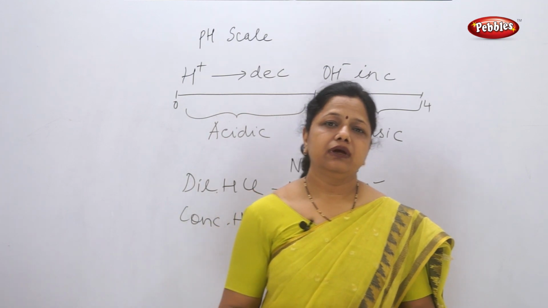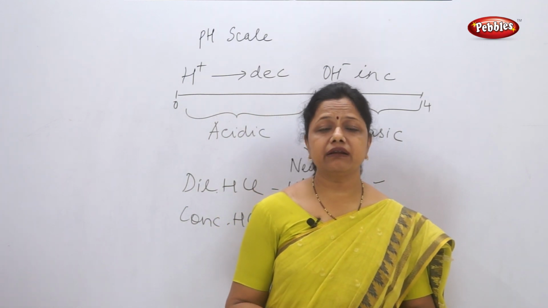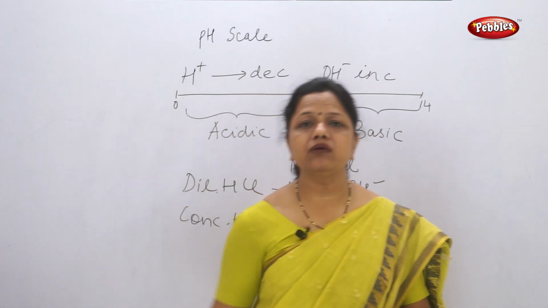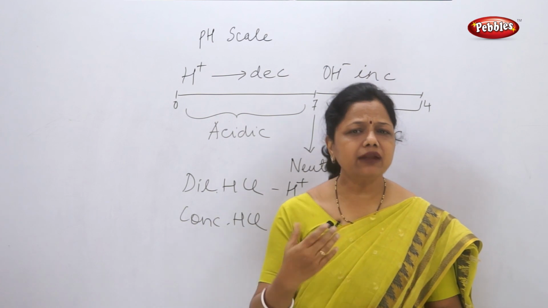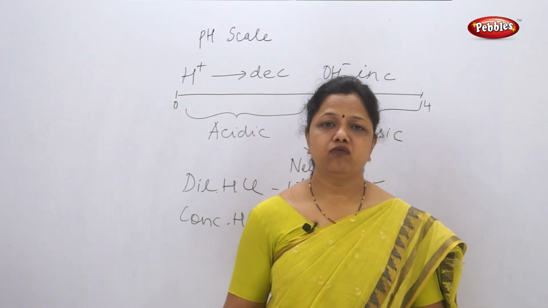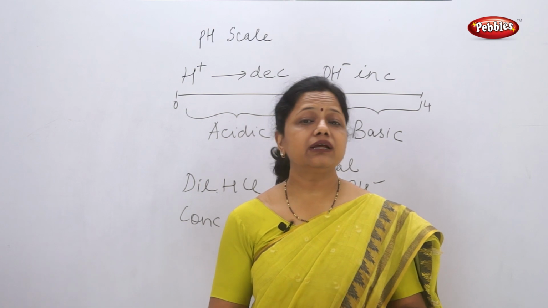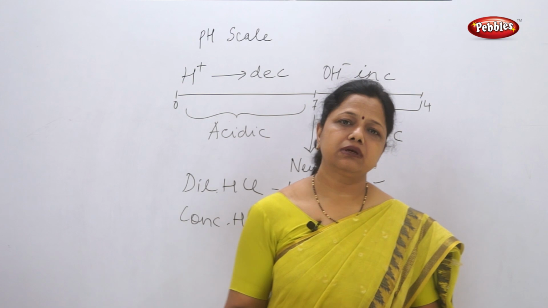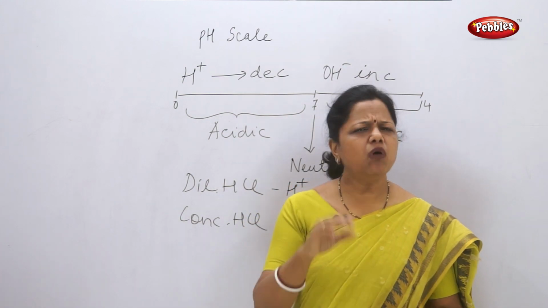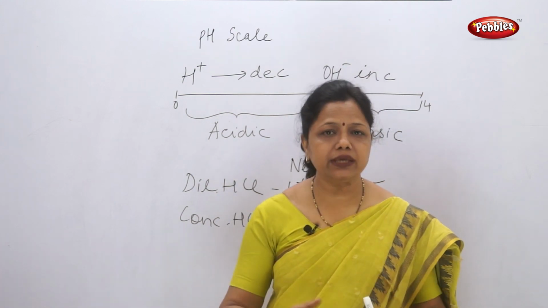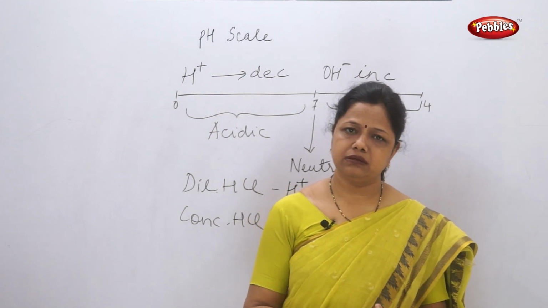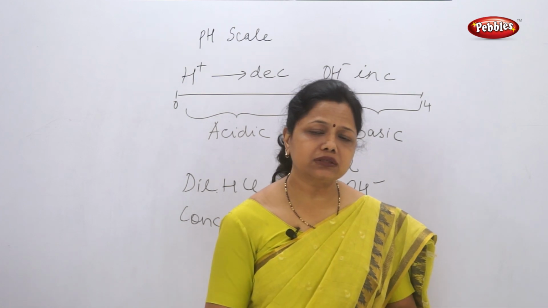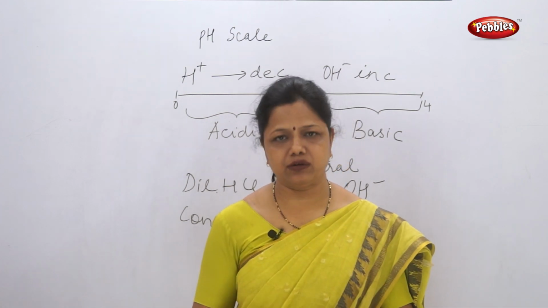Another example, rainwater. We say the rainwater is getting mixed with the pollutants and it is coming down as acid rain. So why are we calling it acid rain? What is forming acid? There are so many types of pollutants coming from the vehicles, the industries, the factories. The most common pollutants which are going in the air are carbon dioxide, carbon monoxide, sulfur dioxide, nitrogen dioxide and various types of oxides of nitrogen.